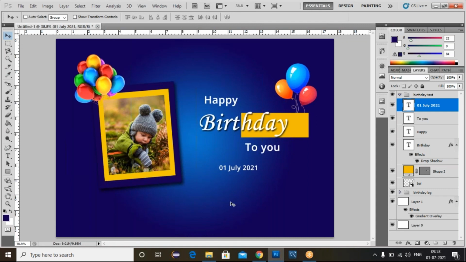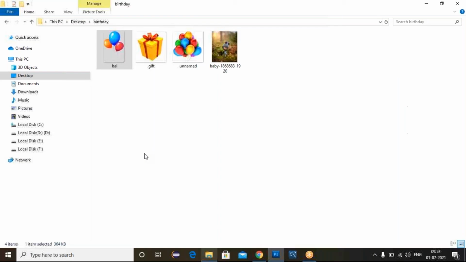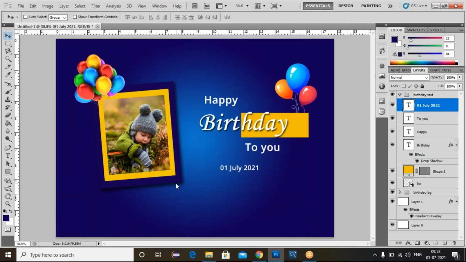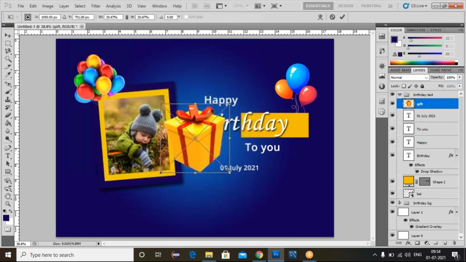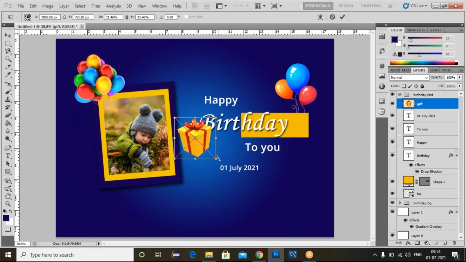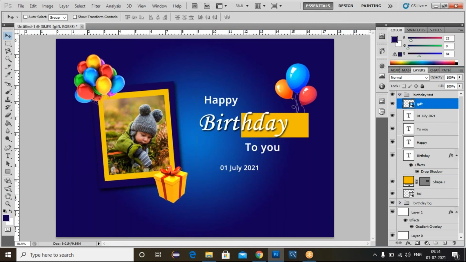And below that, we can write your wishes. Just write your wishes here, like so. We have birthday wishes, right? So we can write here. If you want, you can write here using this text tool. Now here, I'll just drag this gift and paste it there. Just reduce the size. Use the shift and alt button. Click on this center. I can paste it here. Now look at this one. So we created this